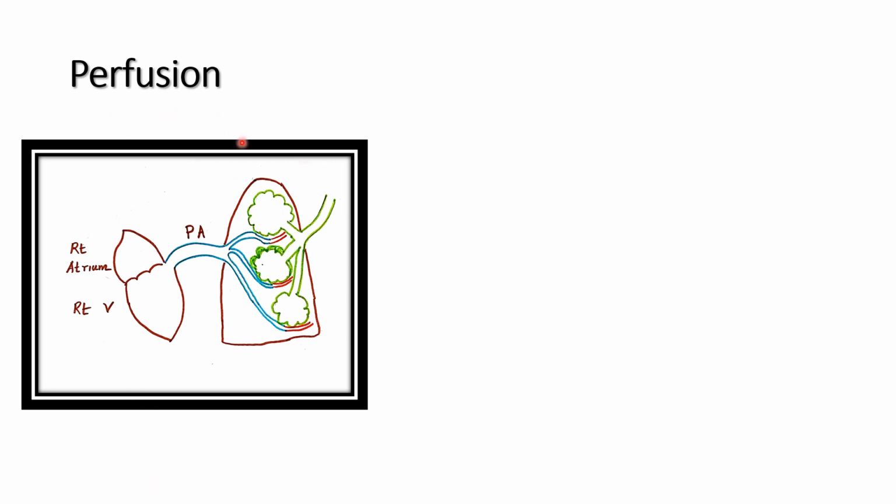Perfusion of the lung. The lung receives its blood supply through the pulmonary artery from the right ventricle. Consider blood flow from the apex to the basal region. The base has more blood flow compared to the apex due to gravity, and